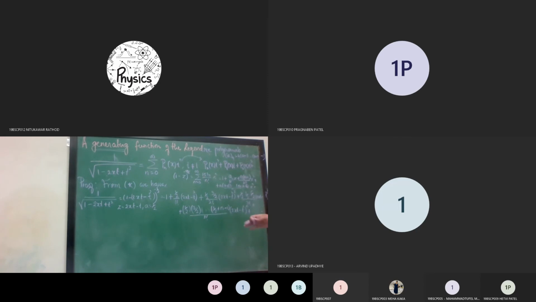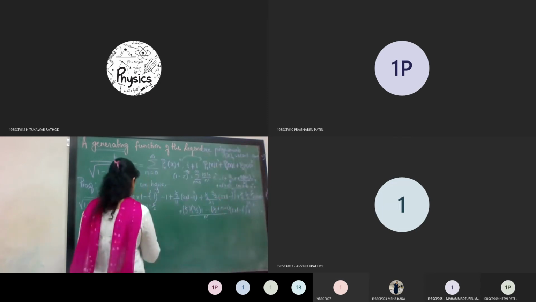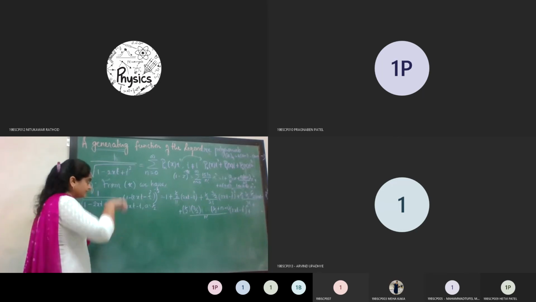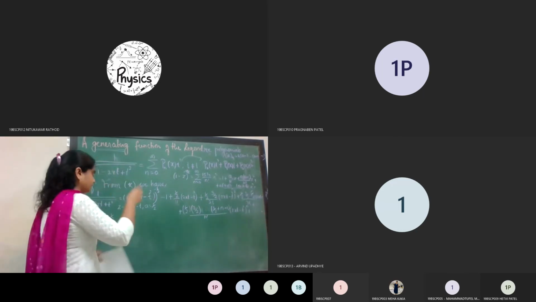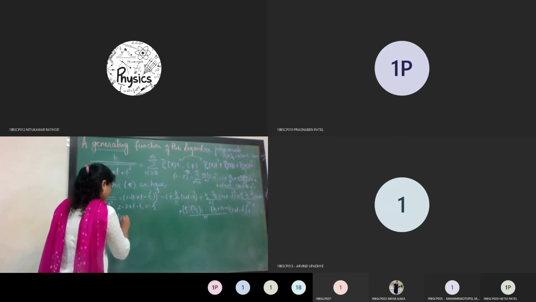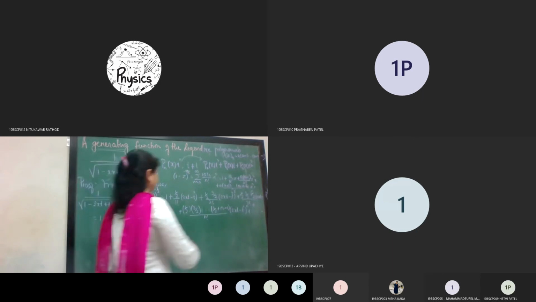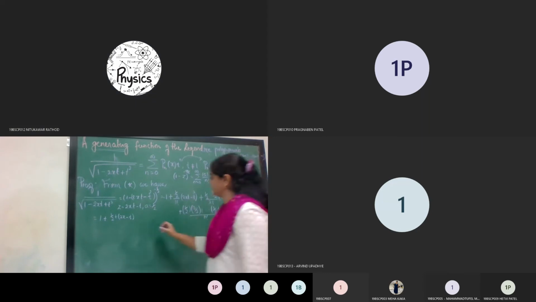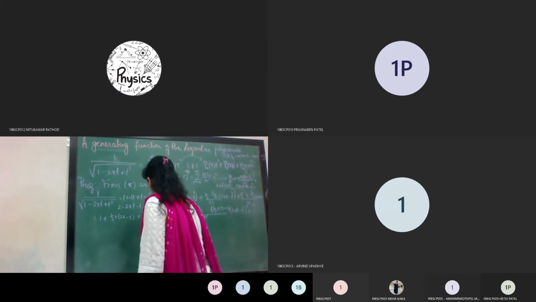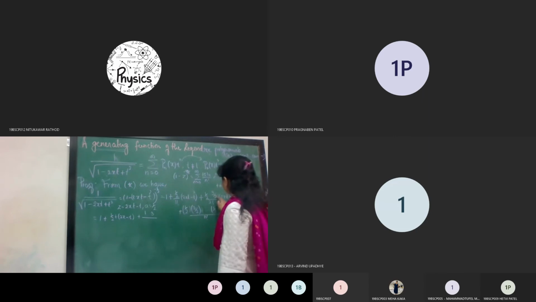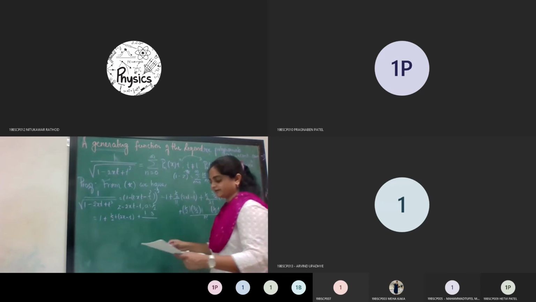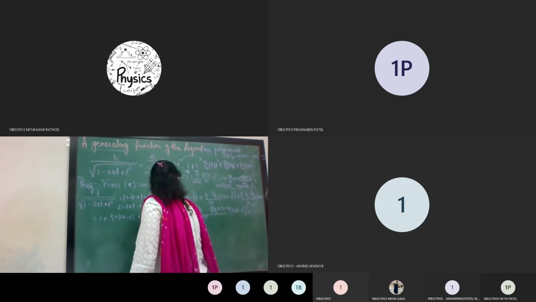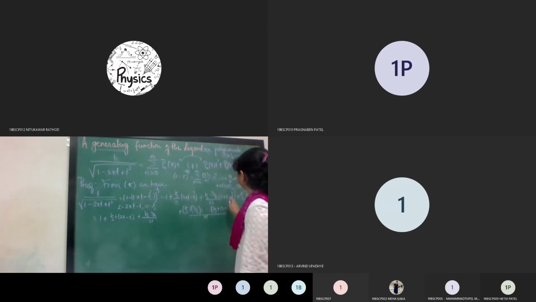Let us consider t raised to n, t common from all the terms. So what it will be? I am writing it from here. So 1 plus 1 by 2 into t. So 2x minus t will be the remaining factor from here. Then after simplification, what this one will be? Plus 1 into 3, and this is 2 into 2 into 2 factorial. So I can write it as, or let us consider 1 by 2 into 3 by 2 into 2 factorial, because we want the generalized form of it.